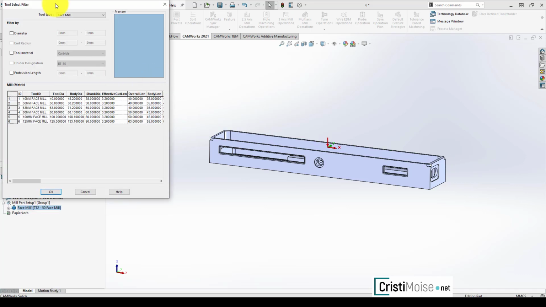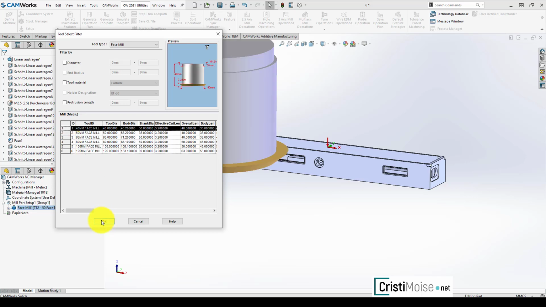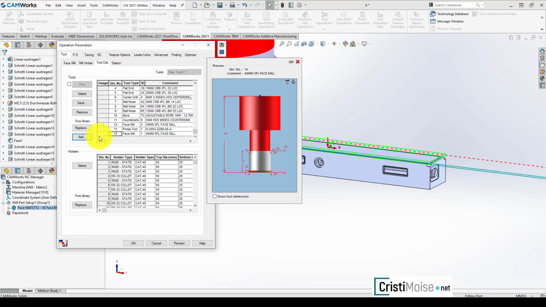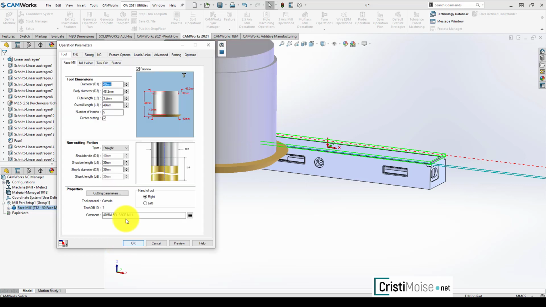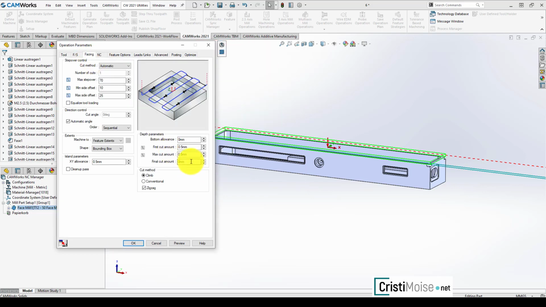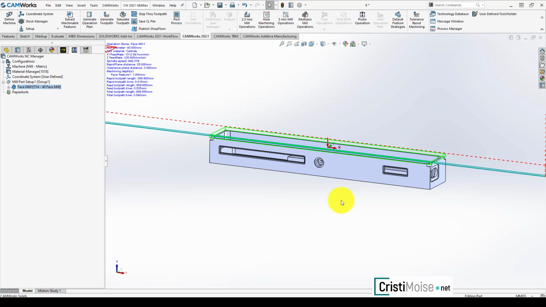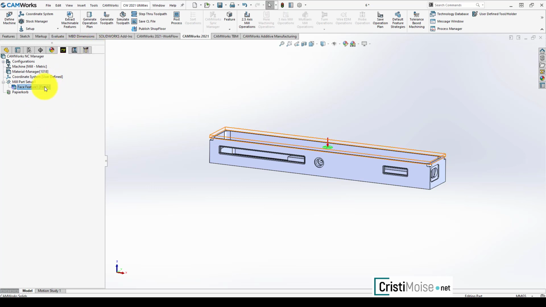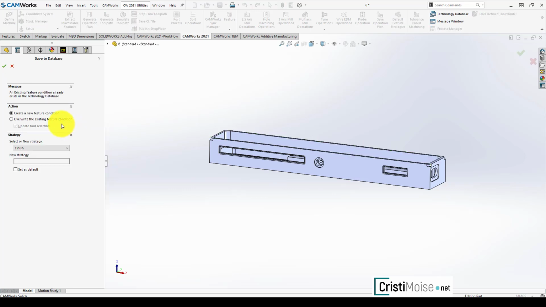let's load the face mill tools. Right now I have here a 40 millimeter diameter tool. I will check this, and maybe I have a final cut amount of 0.1. Right now I have a different strategy, and to save, right click on the face feature, save operation plan,